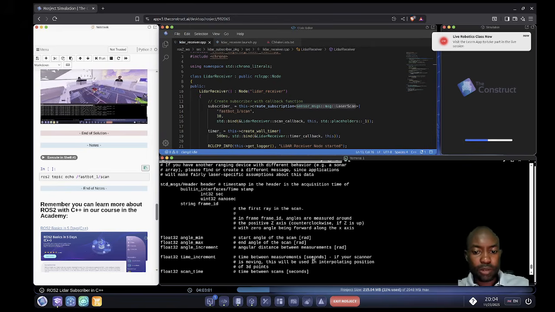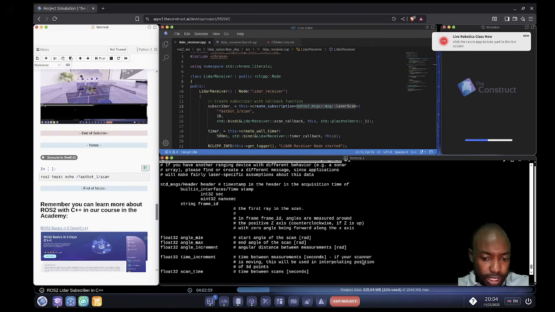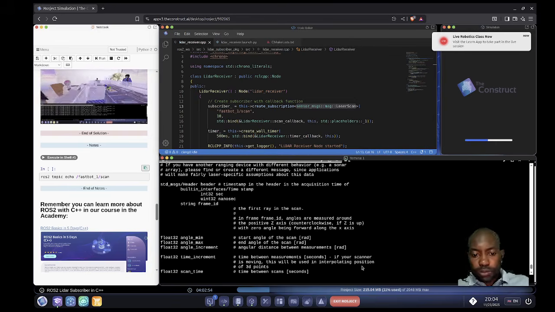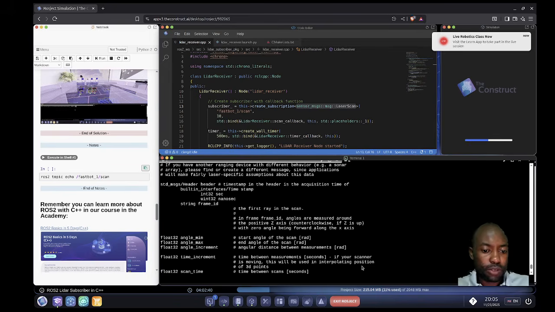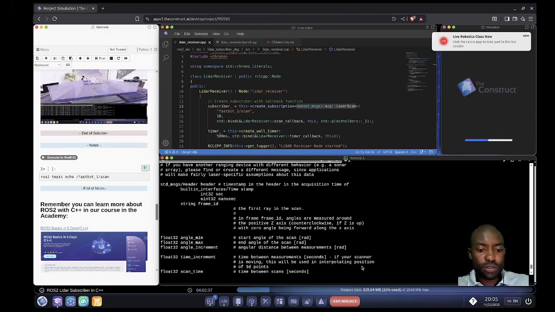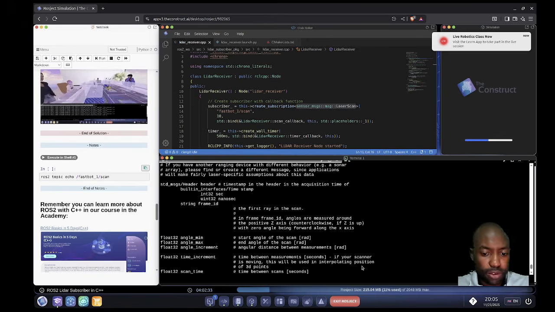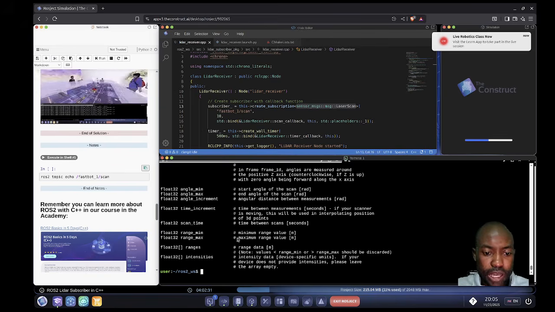Then the time_increment. If you look here, it says if your scan is moving, this will be used in interpolating position of 3D points. But basically, this time increment determines the time between different pulses, right? So if your LiDAR is rotating and you have, let's say, 2 seconds between each pulse, the time increment allows you to determine the distance between this thing and that thing, for example if you're using it for 3D. And then we have